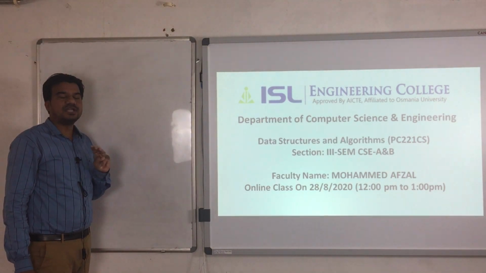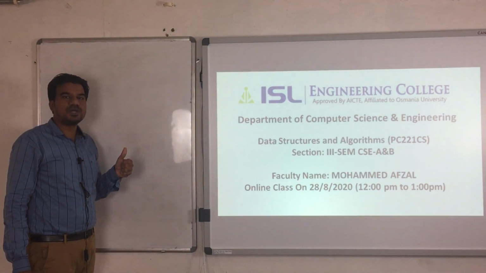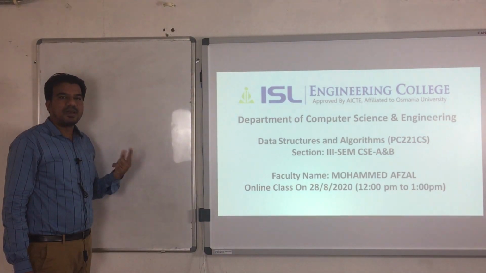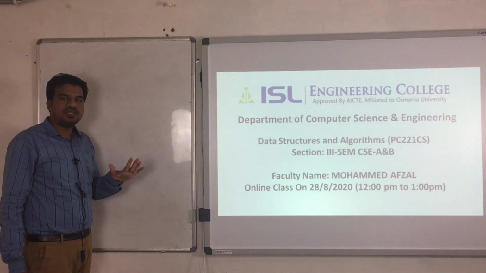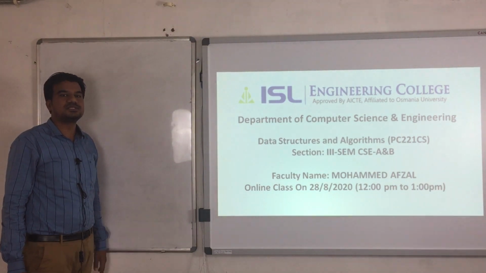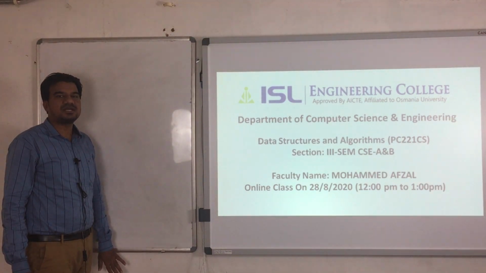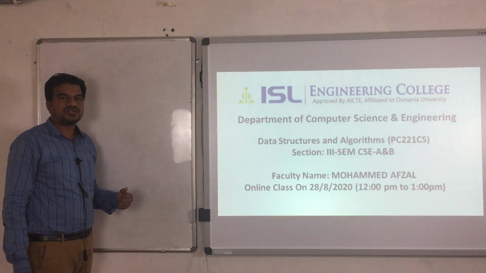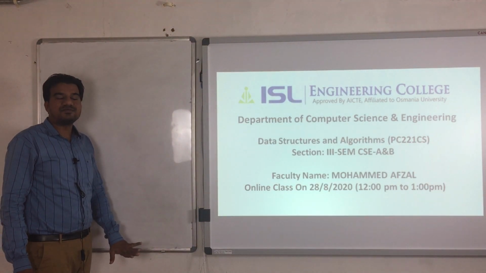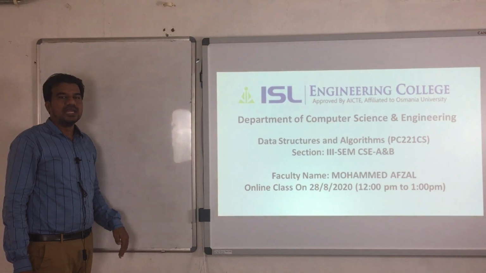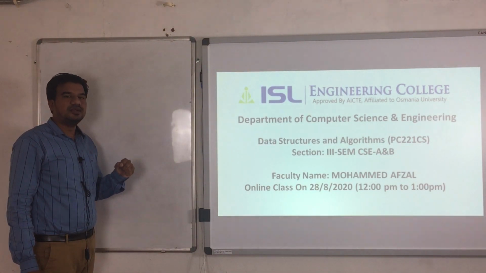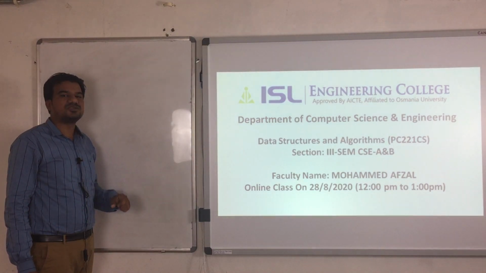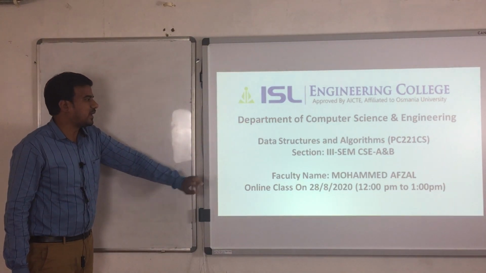We said we have three different types of constructors: the default constructor, parameterized constructor, and copy constructor. I have explained these three constructors with examples, and afterwards we started the concept of destructors. I have just defined the destructor in my last class. In today's class we are going to discuss in detail about these destructors. Okay, so quickly,